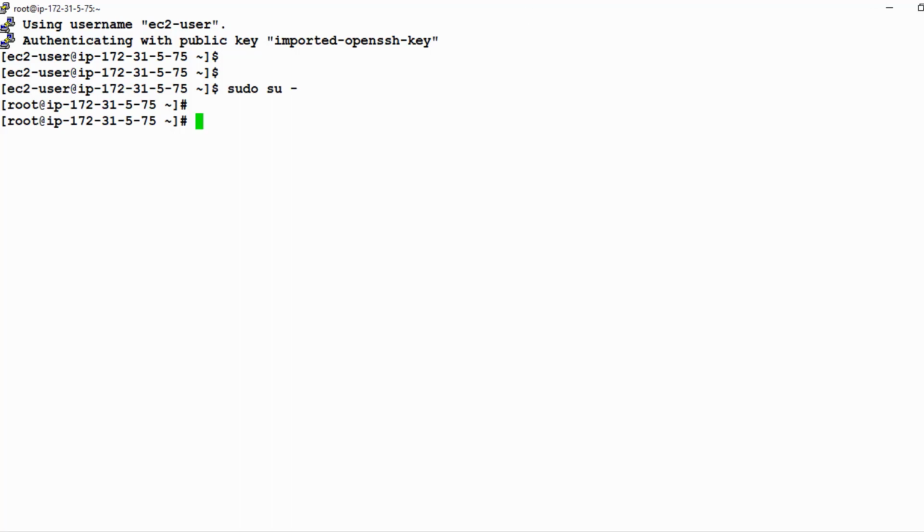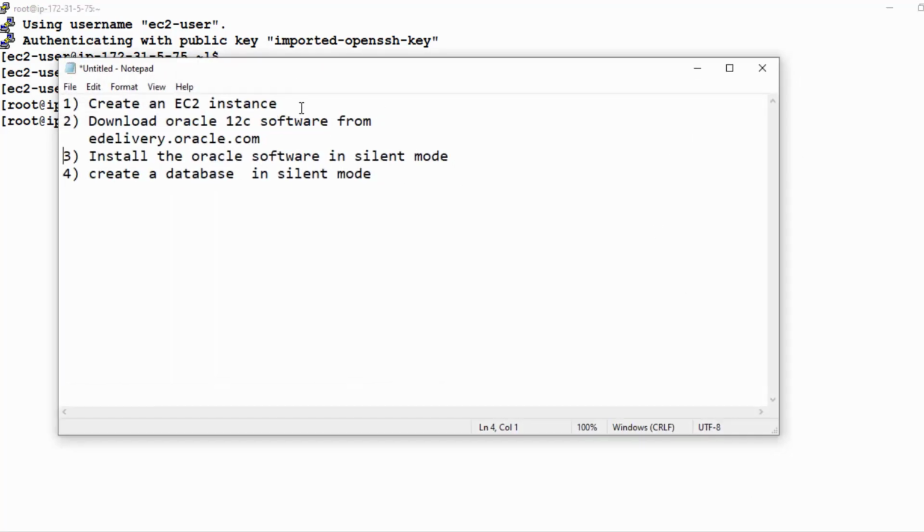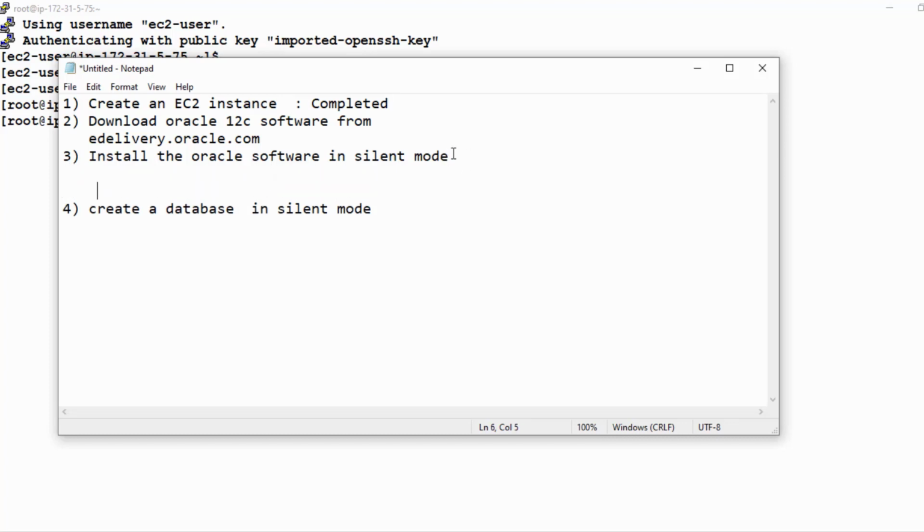The next part is that we will proceed with the next steps. If you look at the steps, the first step of creating the EC2 instance is completed. So the next step is that we have to download the Oracle 12c software from edelivery.oracle.com. Then we have to install Oracle 12c in silent mode. For that, the first step will be that we have to install